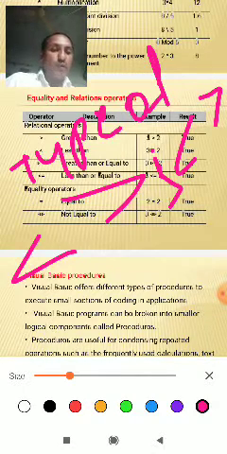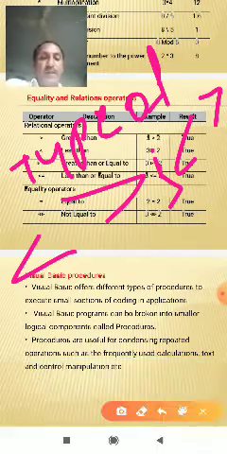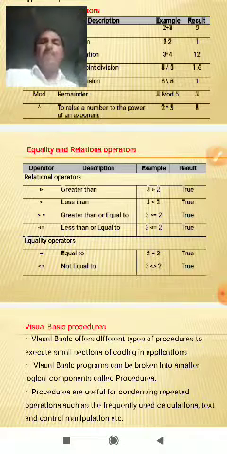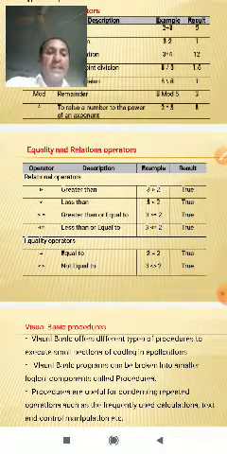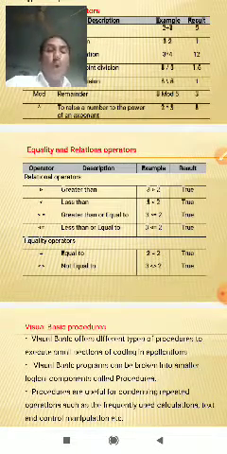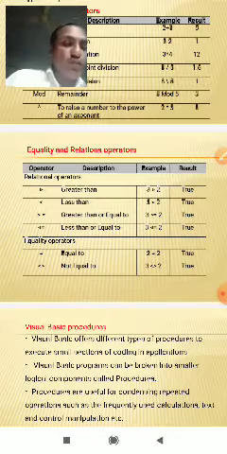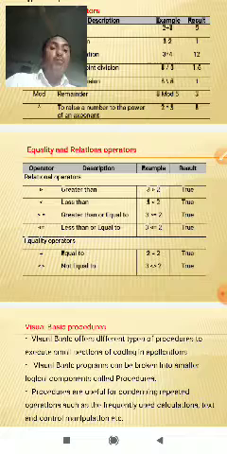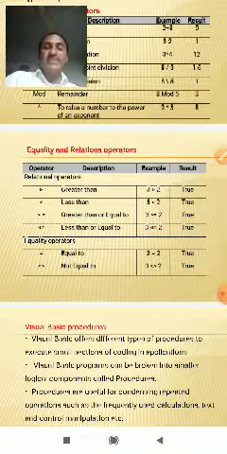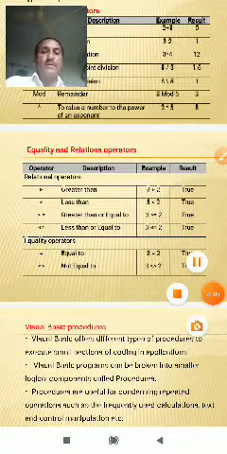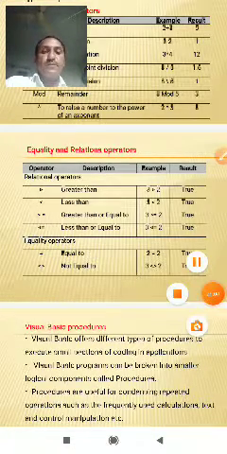Then, regarding comparison operators, there are comparison or relational operators. There are three types: numeric operators, string operators, and object operators. The comparison operators compare two values and return a Boolean value, true or false. This is the comparison operator. So thank you.